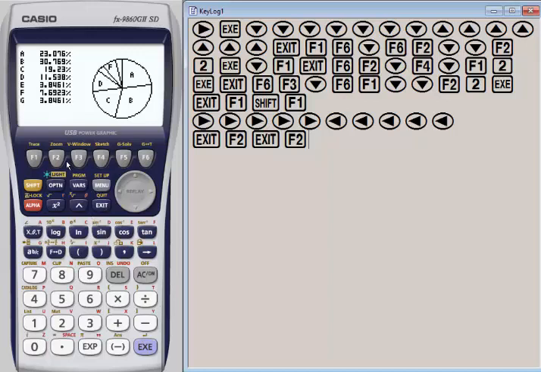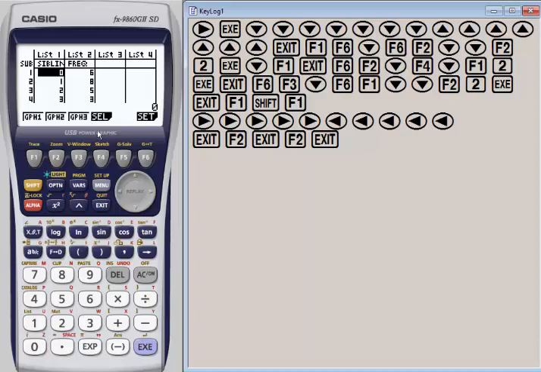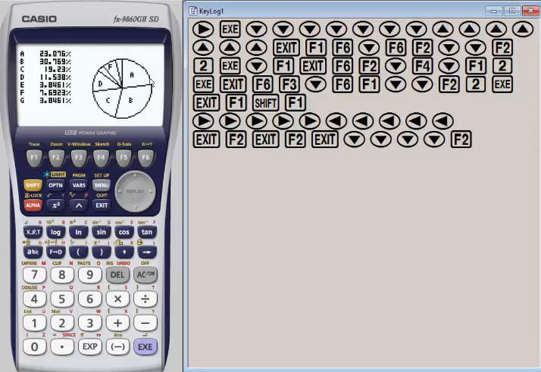So let's go back to our graph simply by hitting exit. That's going to be when we have 4 siblings. We only had 1 student, so of course that's going to have the smallest percentage. This is a great visual for the students to understand where that percentage comes from. You could have them do some calculations, make a connection between what these mean and how that is represented in a pie chart.